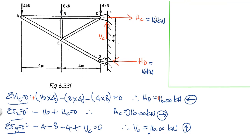Let's see. So I'm going to take moments about D to find HC. I'm going to say the sum of the moments about D is equal to 0. About D, I've got HC as a positive moment, because it wants to turn clockwise with respect to that point. So it's HC times 4. That force goes through the point of rotation, so it has no moment effect, but that one and that one will be negative with respect to D. So it will be minus 8